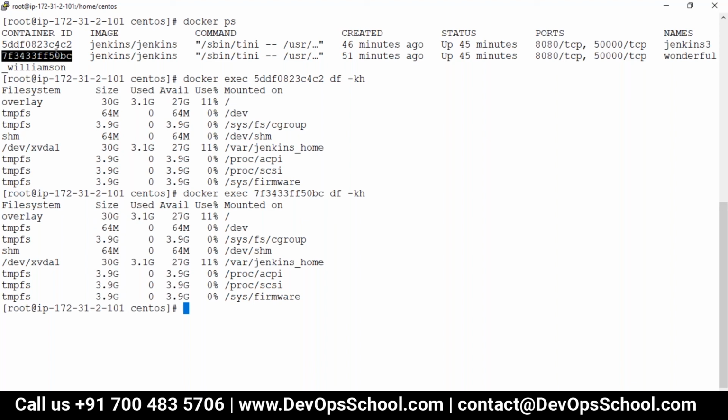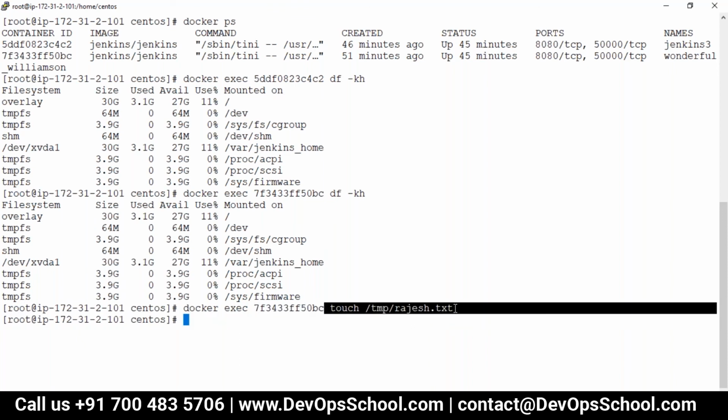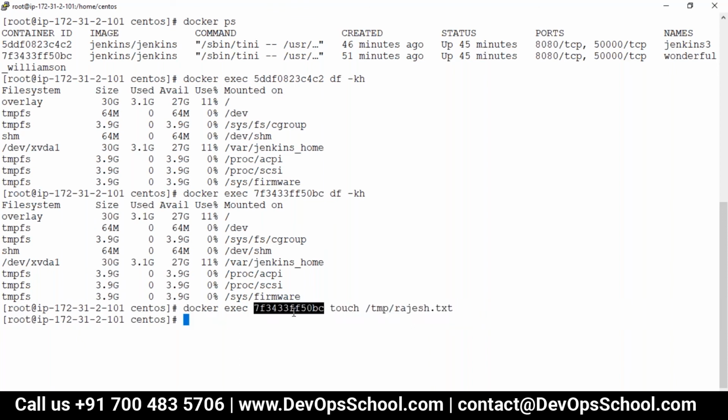So here I'm running the touch command to create a dummy file in the tmp, rajesh.txt. So what I did, from docker exec inside this container, I executed this command inside 7ff. So can I check this? ls tmp.